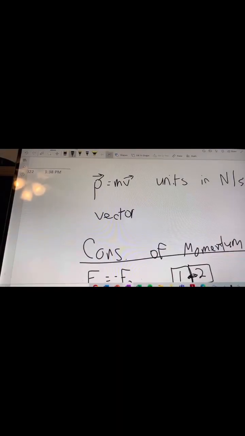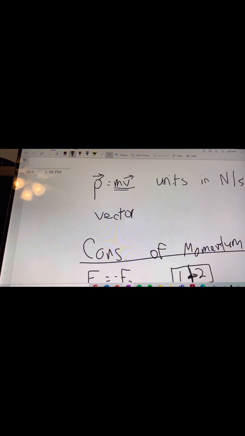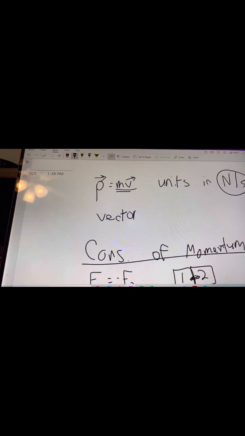So at this point you may be asking yourself, what really is momentum? Well, that is what I am here to teach you. The literal definition of momentum is the amount of movement an object has, which can be measured by multiplying mass and velocity. This results in units of newtons per second, which will usually be denoted by P, which